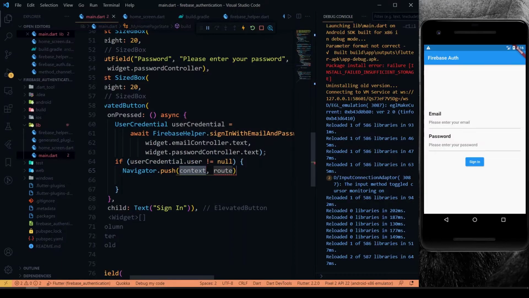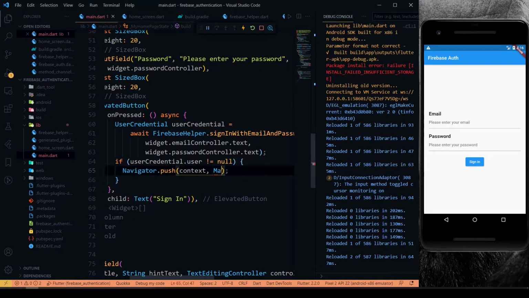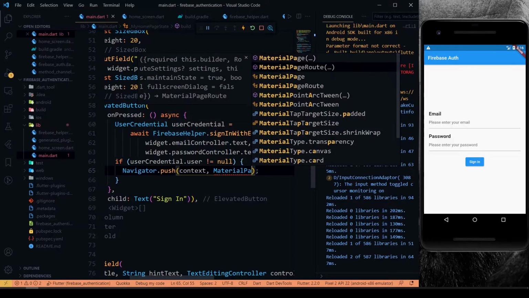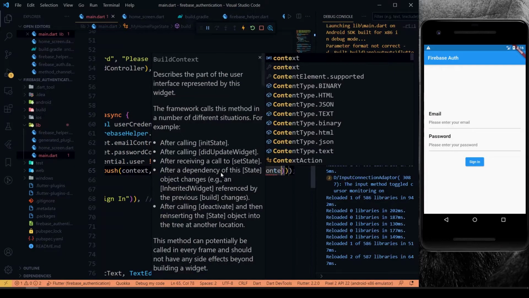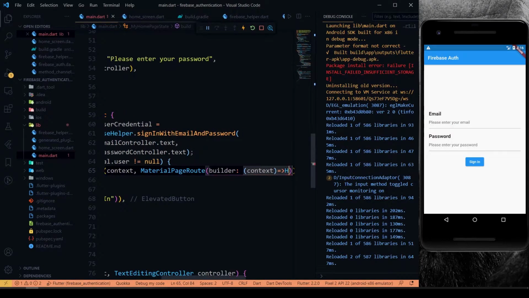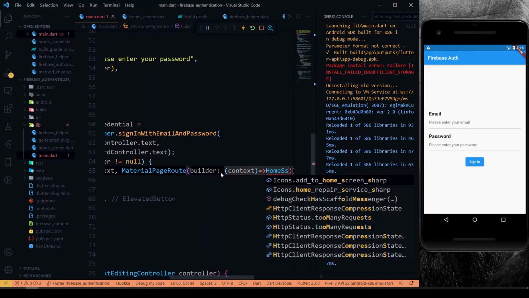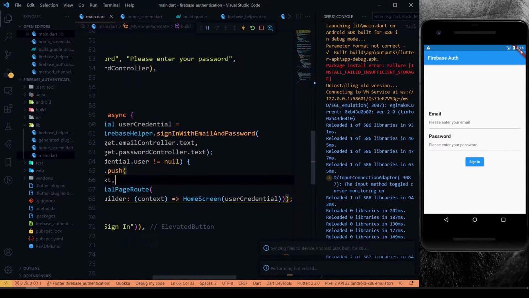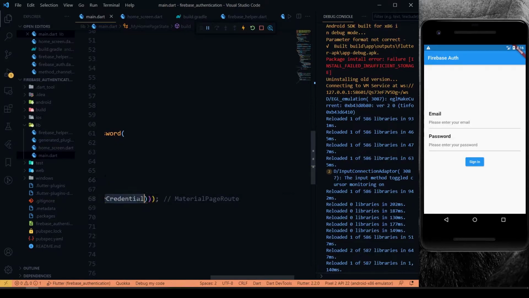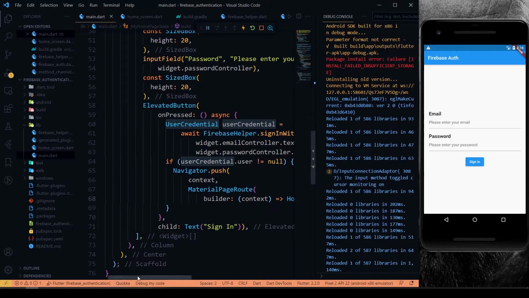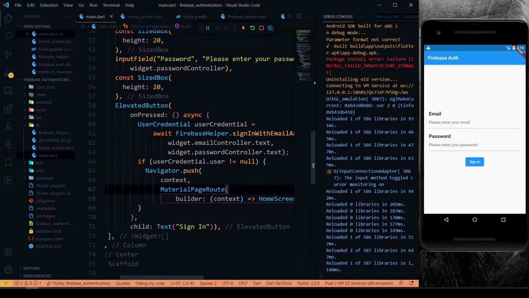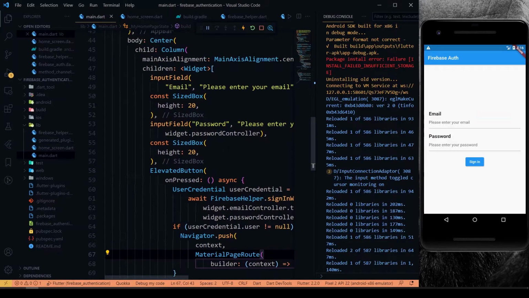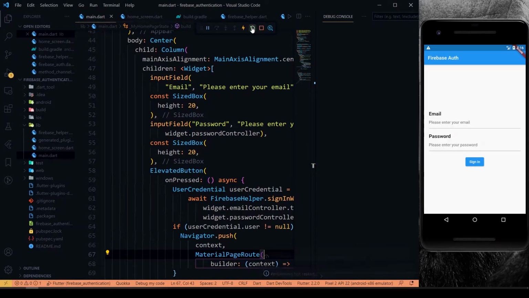And push, we'll be giving our route here called MaterialPageRoute. We'll be calling our home screen here, and we have passed our user credential object to it. And we'll restart the app now.